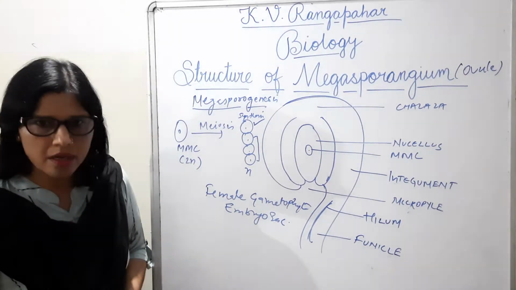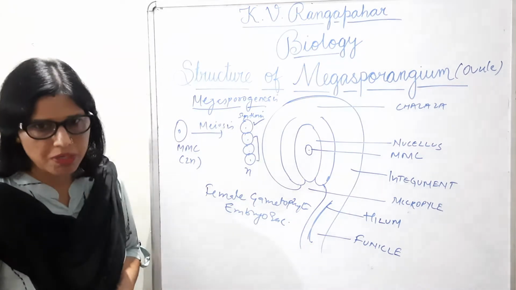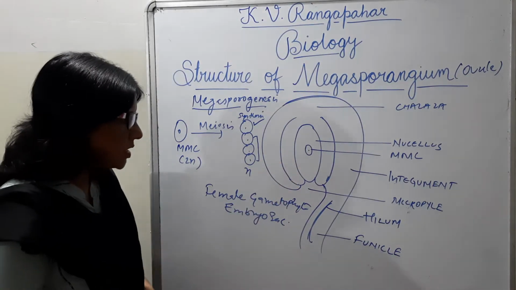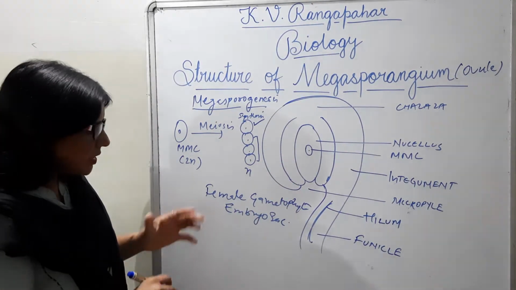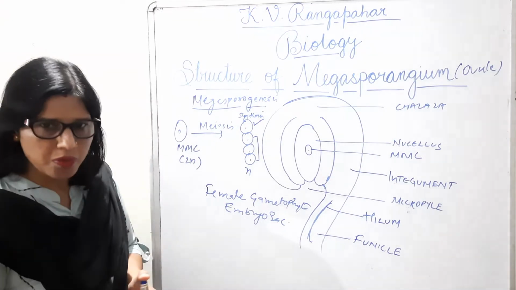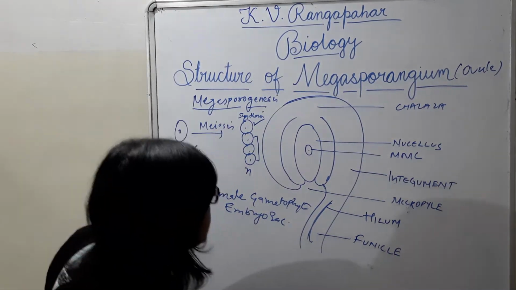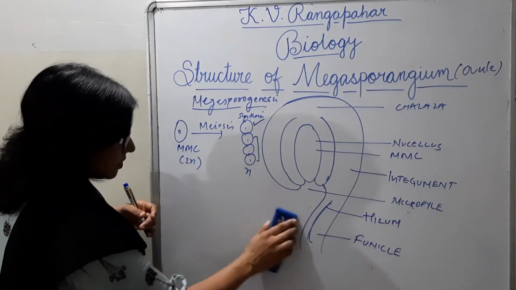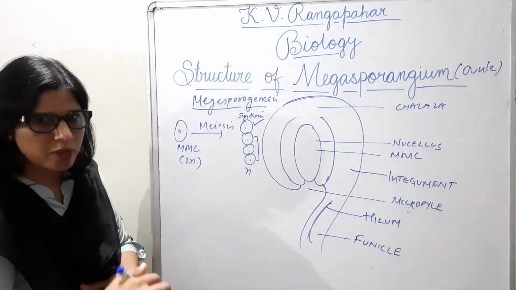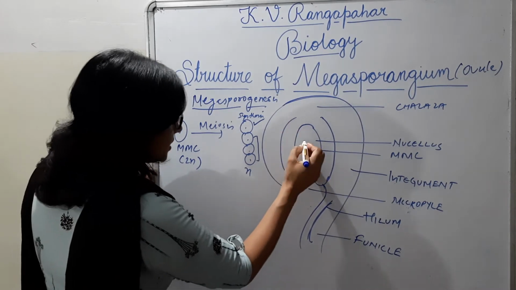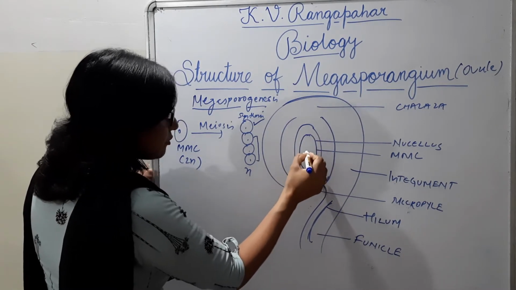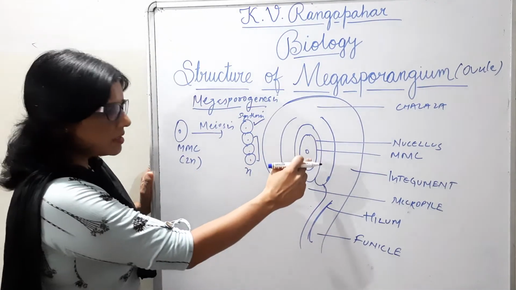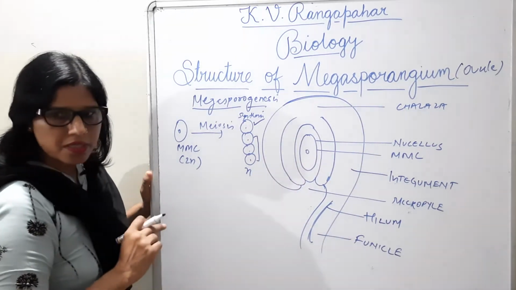Now let's understand how this embryo sac development takes place. The site of embryo sac development is inside the ovule, and inside the ovule it is taking place inside the nucellus, and it takes place from the cell megaspore. So let's see how it takes place. So we are doing the development of embryo sac. This is the nucellus, and inside this nucellus, this one is functional megaspore, and this functional megaspore is having a nucleus in it, and this nucleus will undergo mitosis cell division.